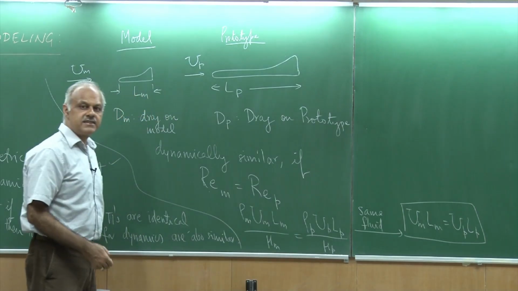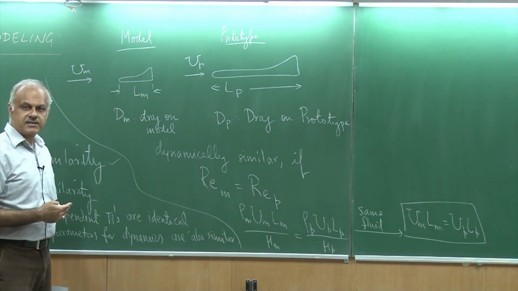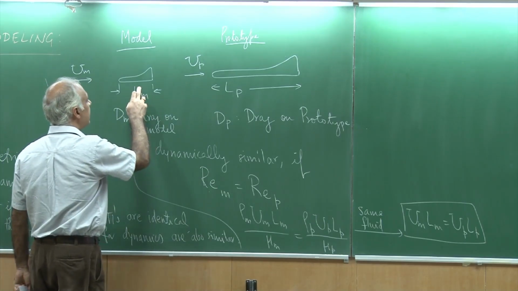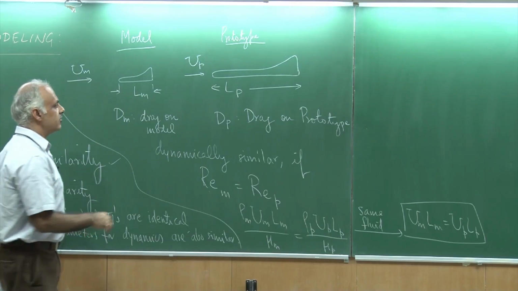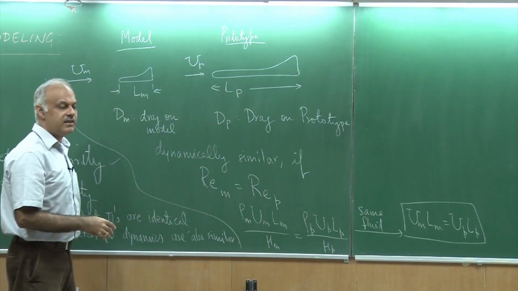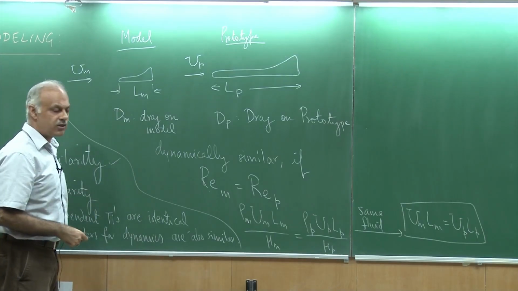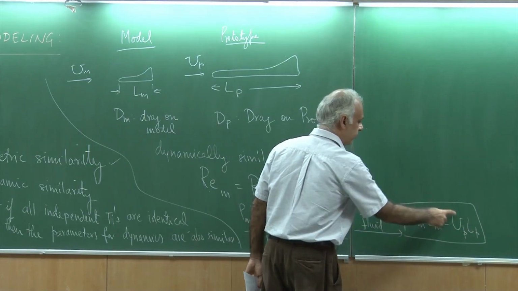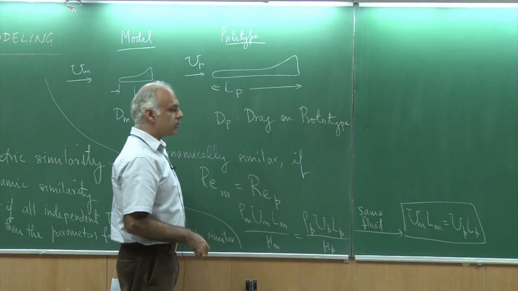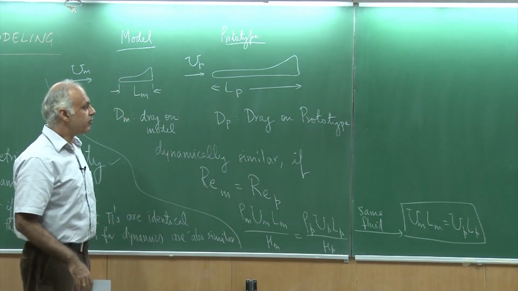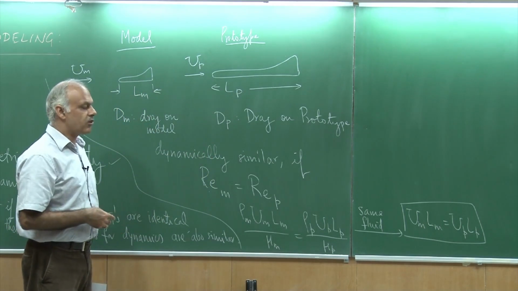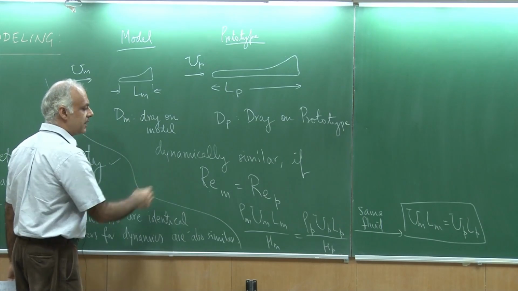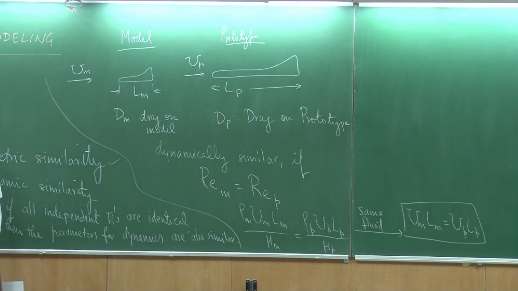So what this tells me is that if I had to conduct experiments, let us say for a model aircraft, suppose this was a 1/10th scale model. So the original aircraft is 10 meter long, and suppose I make a model which is 1 meter long. Then I know the Lm and Lp relation, and from this I can estimate that if my prototype was flying at, let us say, 40 meter per second, what should be the corresponding speed for my model to ensure that they are dynamically similar, which would occur if the Reynolds numbers are similar.